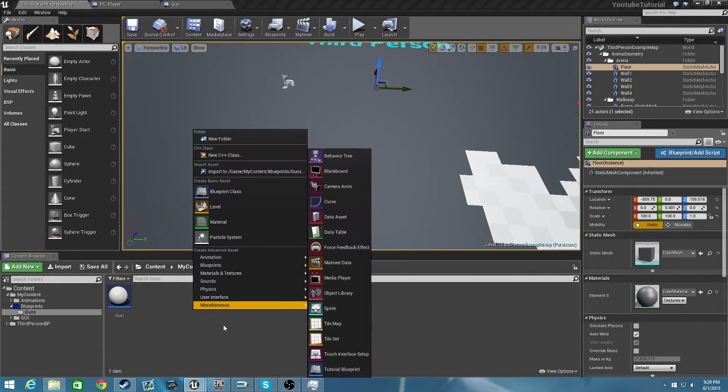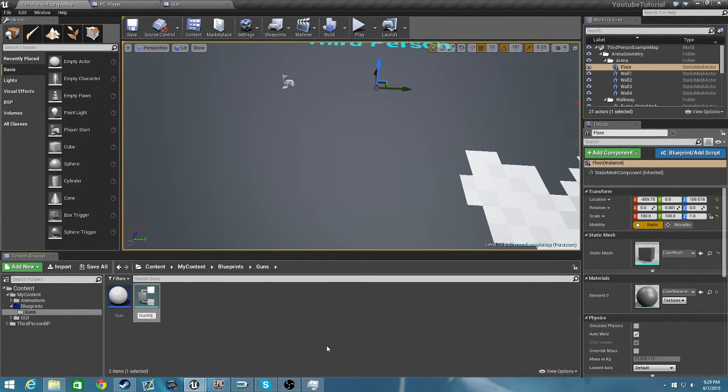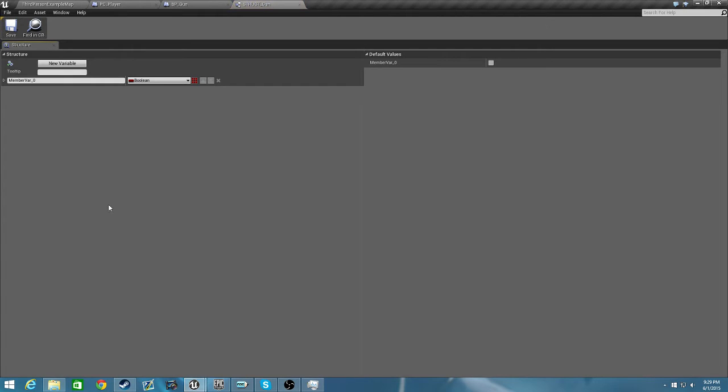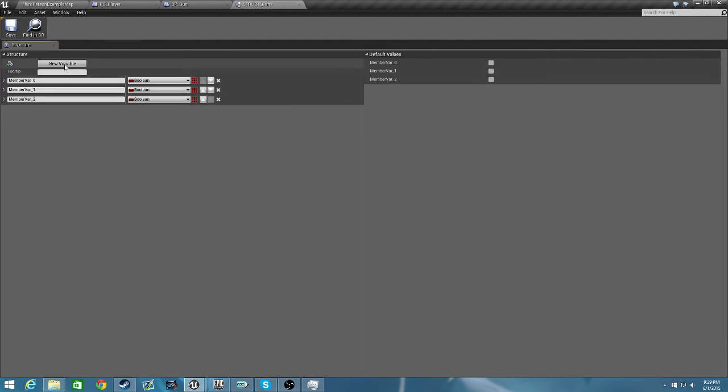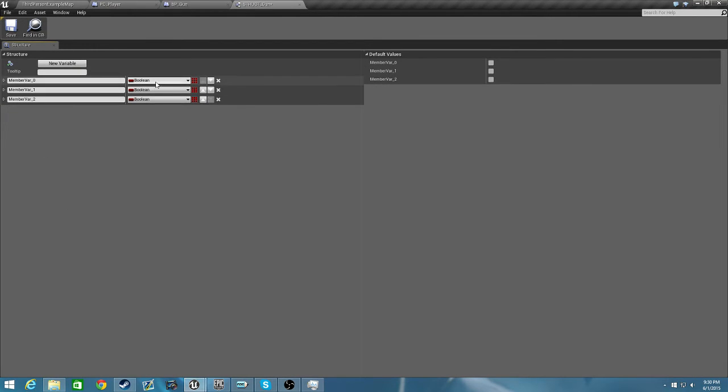Now, I'm going to use something called a structure. And this is something we're going to come back to a bit. Blueprints, structure. This is going to be our gun struct. And I need to name this BP for blueprint underscore gun. Structure is kind of a way to keep track of certain variables that an object will need in one simple place. So for now, we only need 3. One,